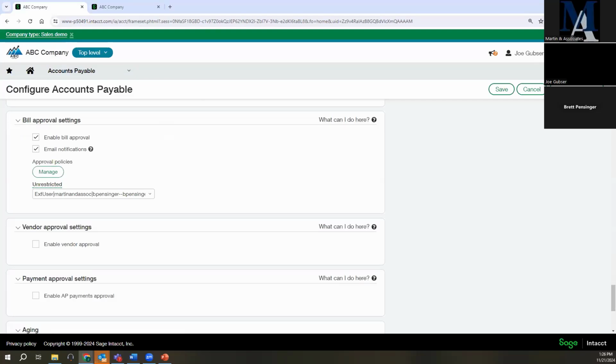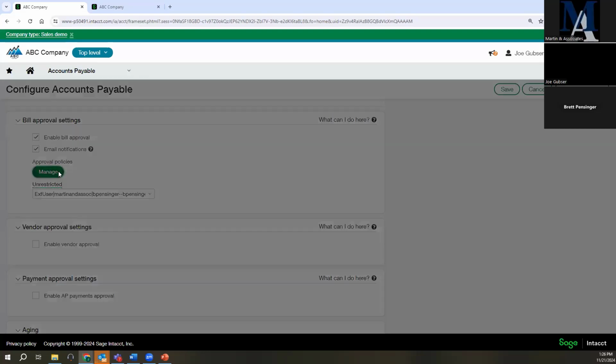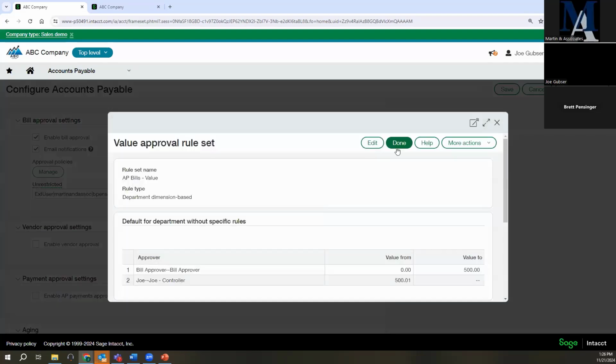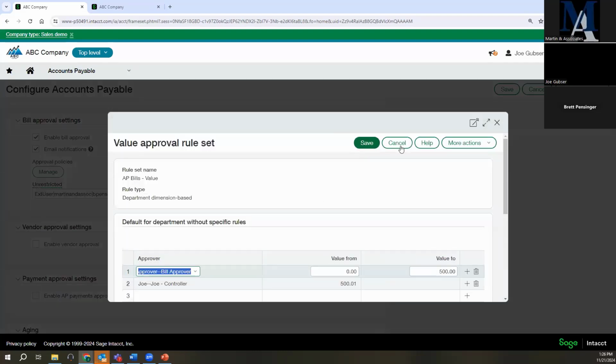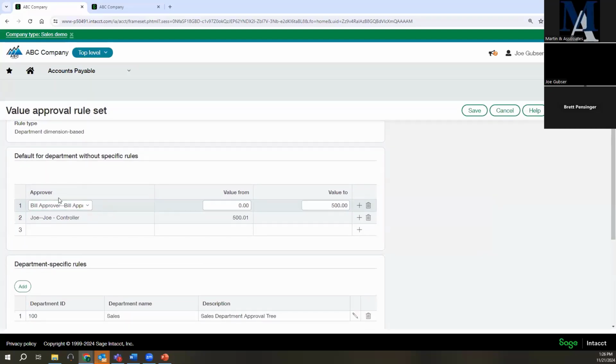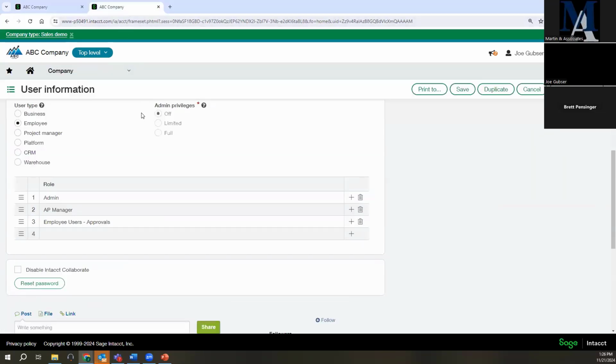So that's setting it up. We have it set up right now. So let's do this. I'm going to leave this up for a minute because we're going to look at this. And I'm going to go in here and look at the setup for default department and for department 100. I'm going to leave that up because I want to now put in a couple transactions and show you how